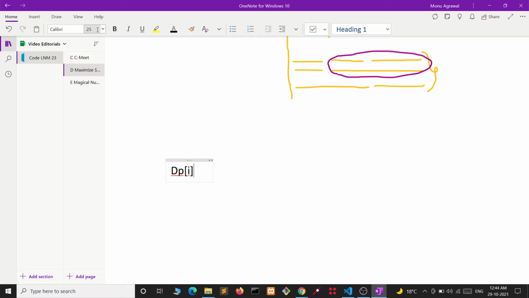Let's define dp[i] as the max score we can generate for string s from index i to n-1.